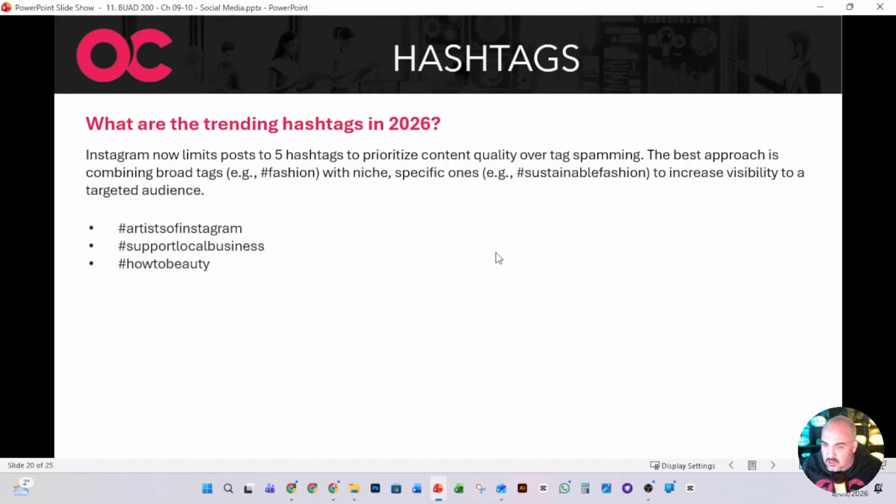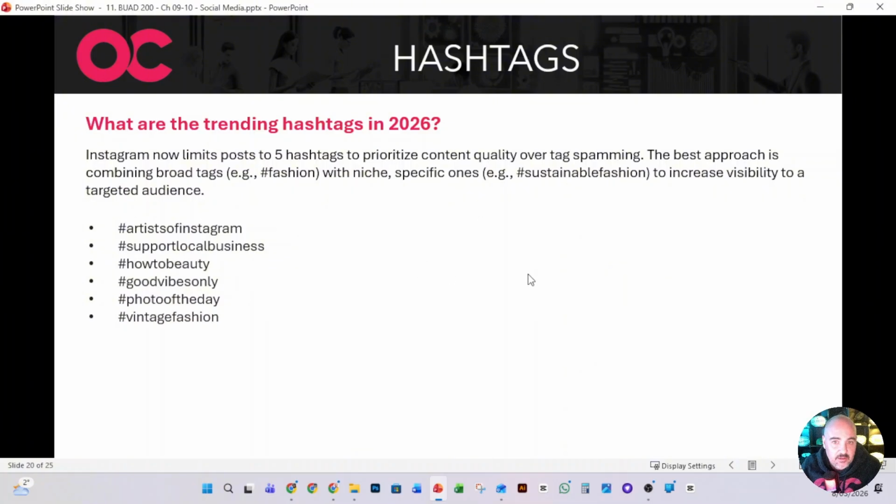How-to beauty. So it's not really grammatically correct, but it is going to be one of these new trending words that's going to go around. Good vibes only. Obviously, it's not specific to a product, but you are going to get a certain segment of the population looking at something like that. Photo of the day is obviously going to bring lots of high quality posts in. So if you've got something high quality, you can put in there.